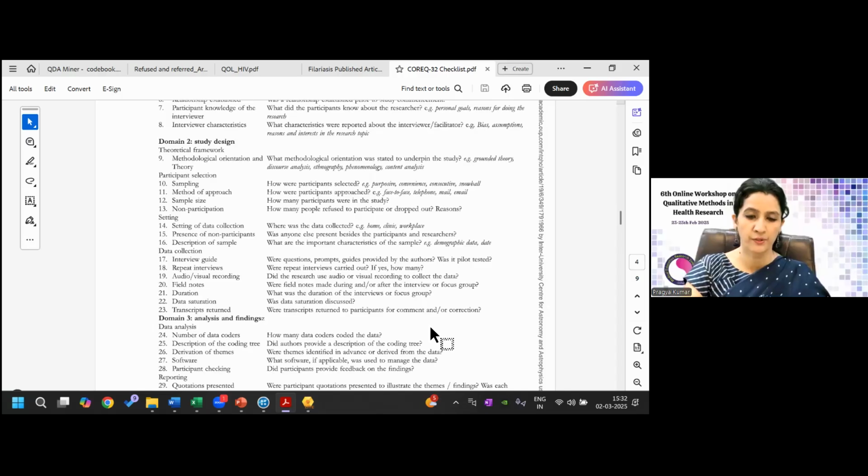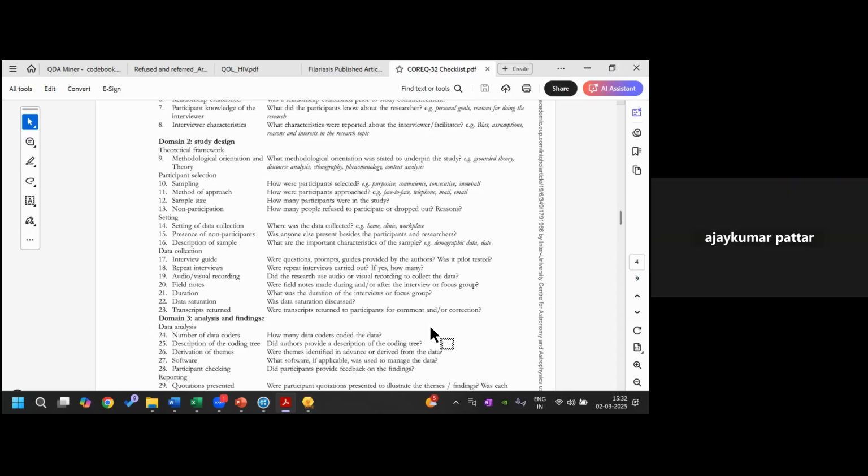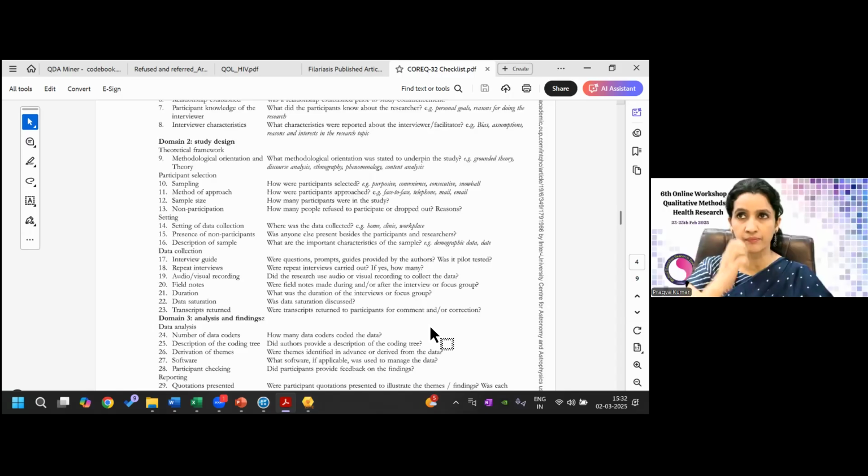Thank you, Priyanka. This whole section is self-explanatory, and we have discussed a few concepts like data saturation. If that is reached, or if you have used that as a reason for not taking more samples, then it is okay, and you can also accept that you have not waited till data saturation. Second is transcript return, which we call member checking. If it is not possible from your end, you can write that it is not done because of some